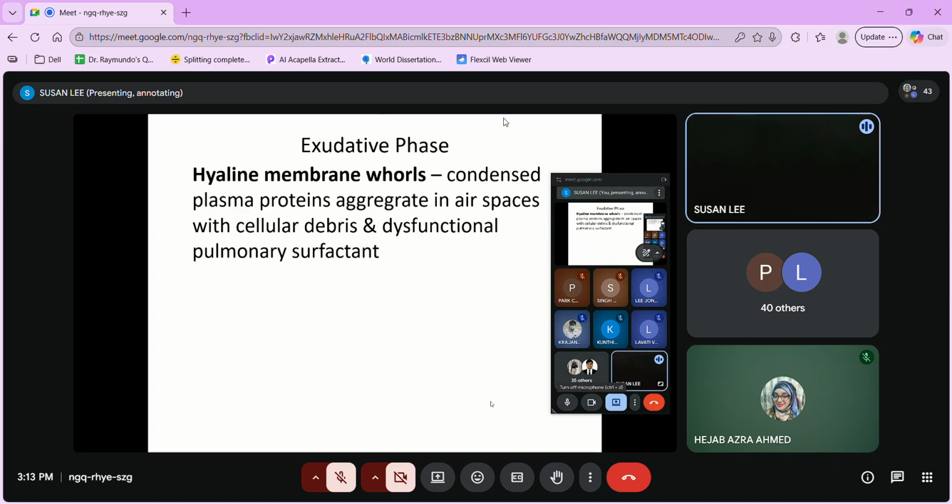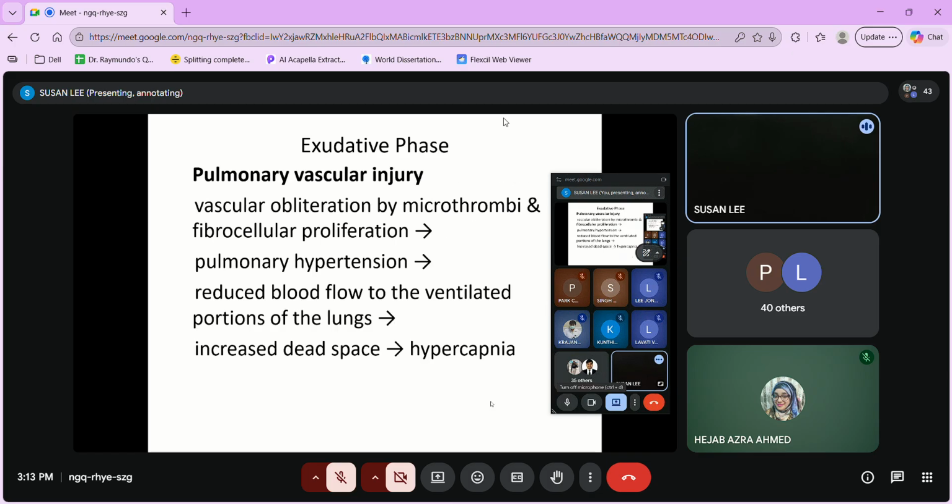And following this, you would see aggregates of protein and airspace forming cellular debris, and together with the dysfunctional cellular surfactant, this would now lead to vascular obliterations by microthrombi and fibrocellular proliferation. Okay, injury to the vessels causing pulmonary hypertension, reductions in blood flow to the ventilated portions of the lung, and increase in dead space ventilation, which can lead to the development of hypercarbia at the early stage of your